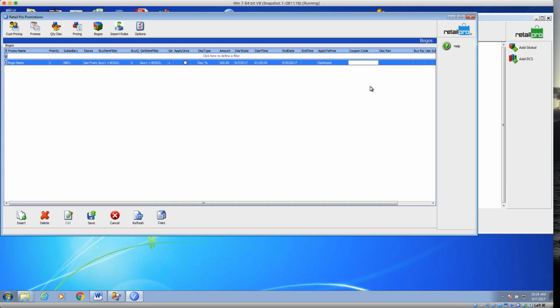Coupon code. We can apply a coupon code to this. Then to activate this, you'd have to have the coupon code. So they would have to bring the coupon in, and we would have to key it in or scan it into the coupon field. If you're in V9, you have to add that little table. There's a table you have to add to the receipt screen to do that, which I'm not going to mess with. Discount